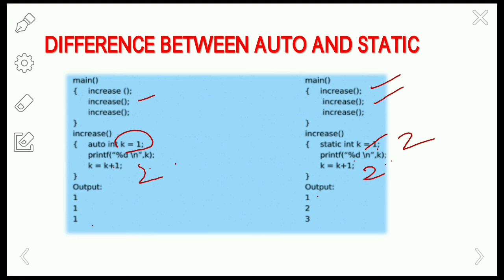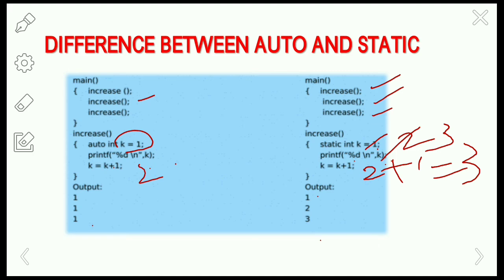Now k equals k plus 1, that is 2 plus 1, that is 3. The k value is 3, so now printf k, that is 3, will be printed here.